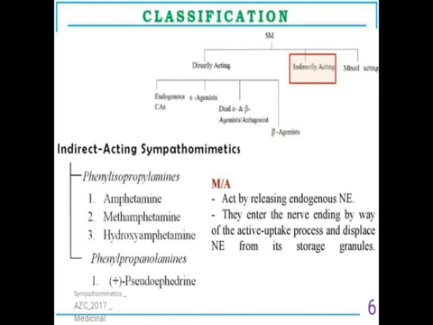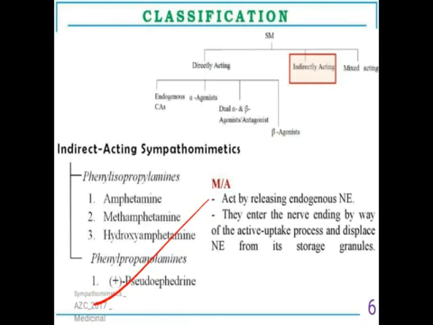Then the next part of the sympathomimetic drugs is the indirectly acting ones. There are three drugs: amphetamine, methamphetamine, and hydroxyamphetamine. These come under the phenylisopropylamines. And another class is the phenylpropanolamines, that is pseudoephedrine. So there are four drugs. One class is phenylisopropylamine, that is amphetamine, methamphetamine, and hydroxyamphetamine, and the second one is the